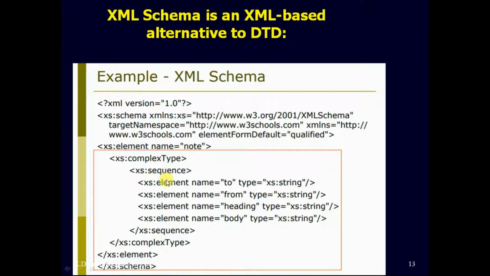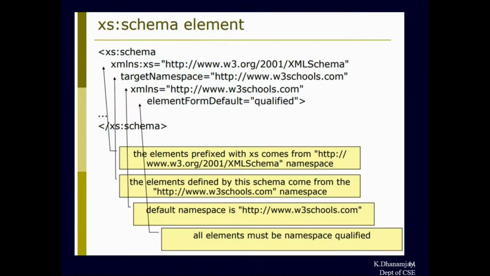And then what it means, like an element with name equal to 2 and from, like that. So the element 2 is of type string, and the element from is the same thing, like from is of type string, which has the same format. Okay, so let's have a look at the XML schema element.